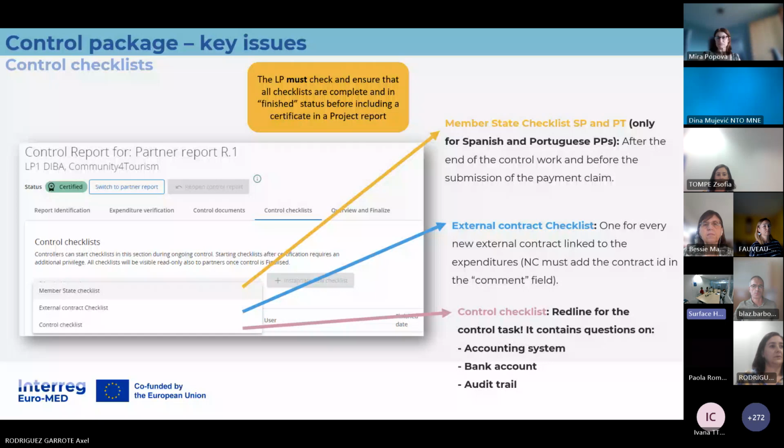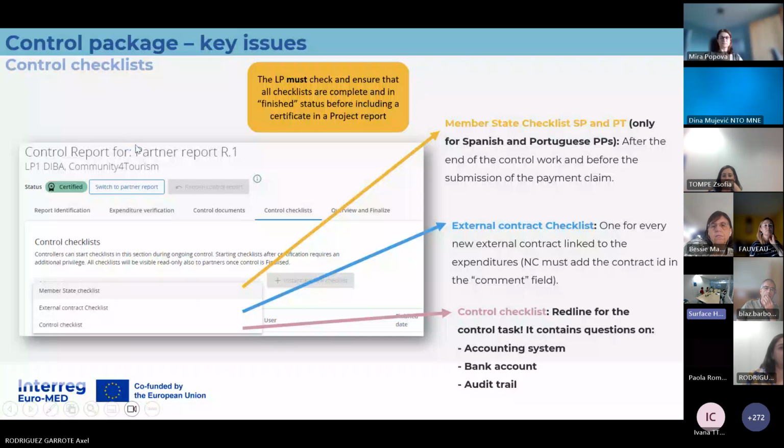How to identify this checklist in GEMS? These three types of checklists are displayed in this drop-down menu. The controller has to choose the right one for the verification. The basic checklist is the control checklist.